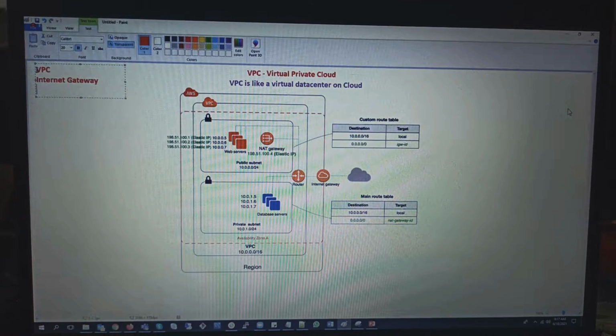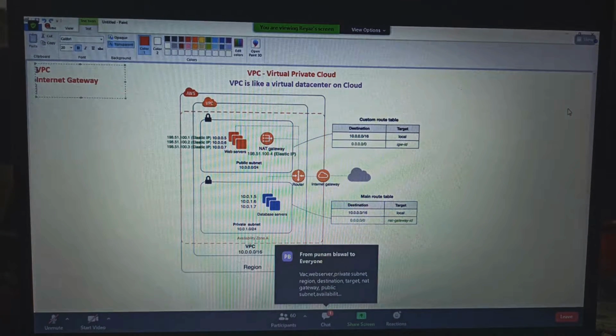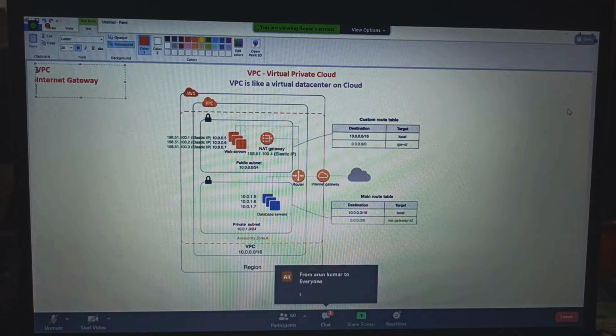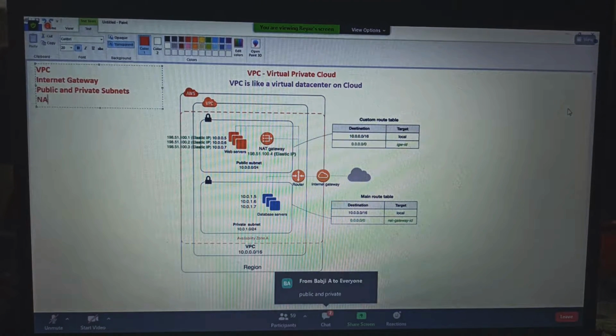Do you see this internet gateway? Everyone see this internet gateway? Yes, internet gateway. And then we have two subnets. What are those? Public and private subnets. And then we have something called a NAT gateway there. And we have a router with routing tables.